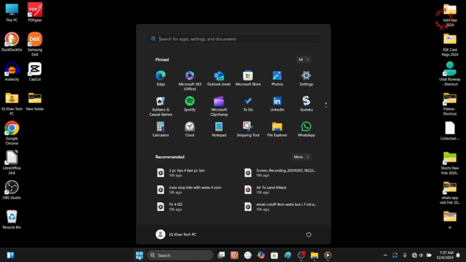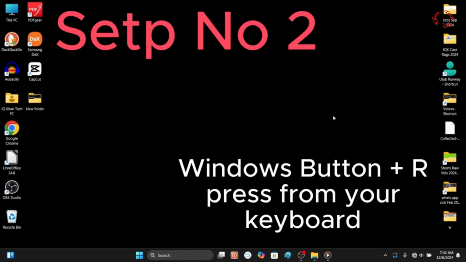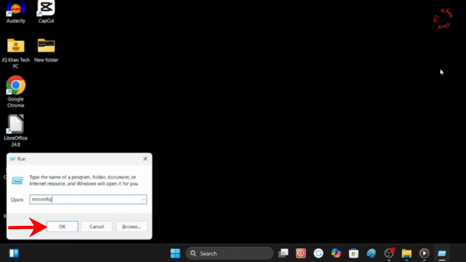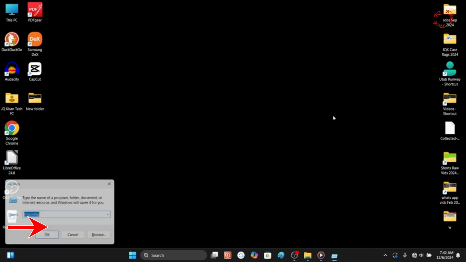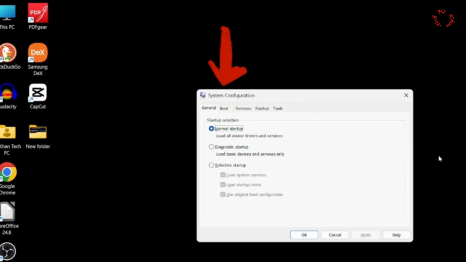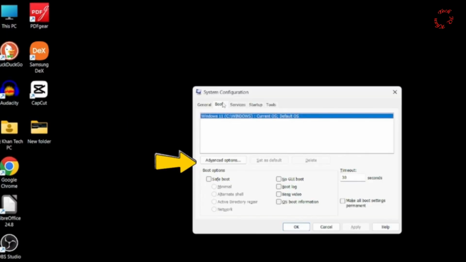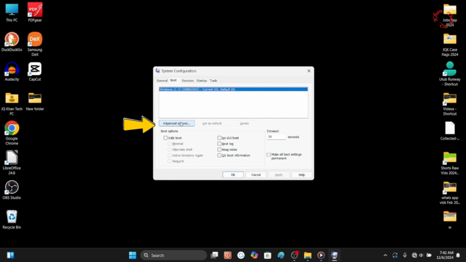Now let's go and restart it. We will also go for the second method. Now Windows button plus R and once again go and write msconfig. Click OK and after that click boot, and in boot simply come down advanced options, click it, and now you